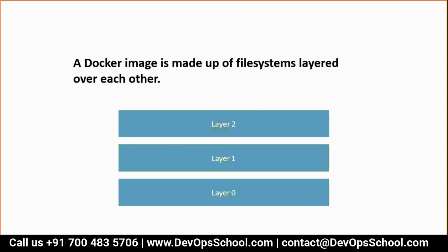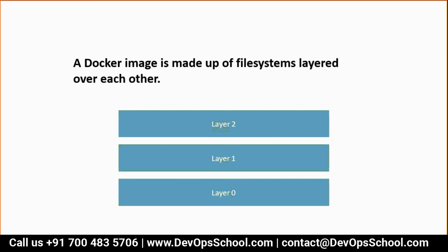Yes, correct. An image is nothing but a combination of file systems. But which file systems? Like a root file system, user file system, application file system. So guys, yes, a Docker image is made up of file systems,